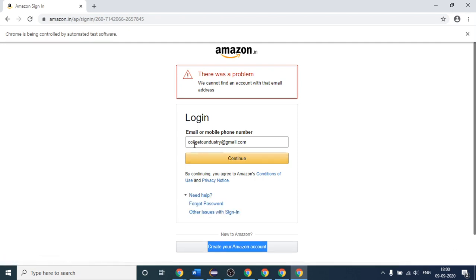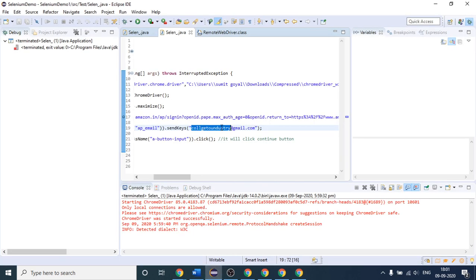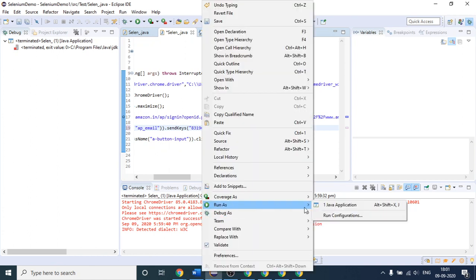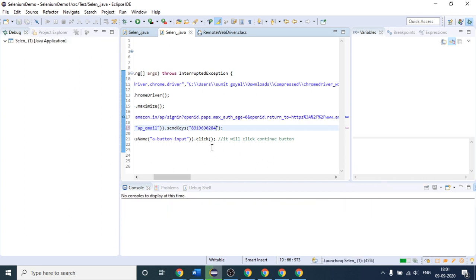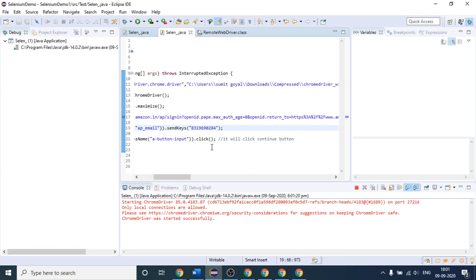So let me open this. I don't know why it is not taking this. Earlier it was taking the number. Let me put my number here. This time, let me do this because I have to explain one more concept with the help of this. So it is mandatory for me to navigate it to another page. Suppose this is the already registered number. This time it will not throw the error. I am very sure. So let us check it.